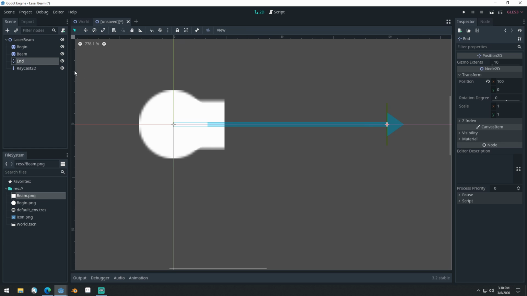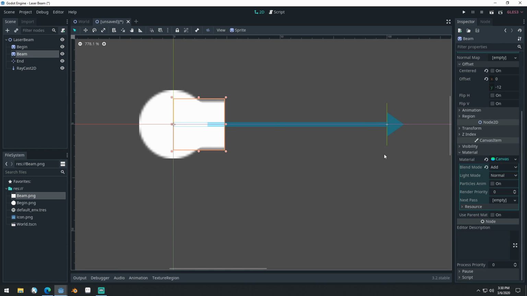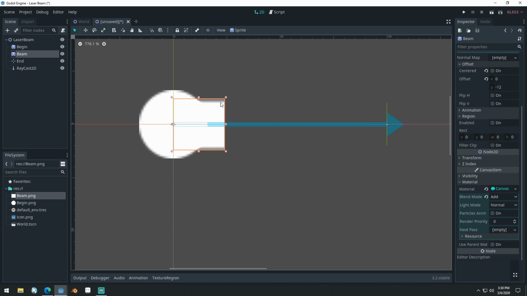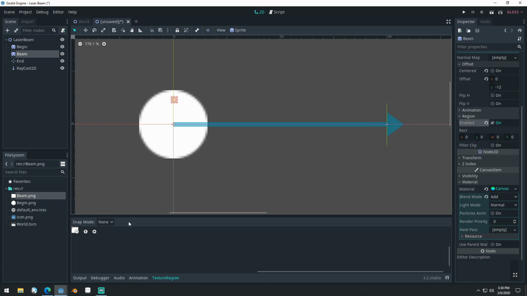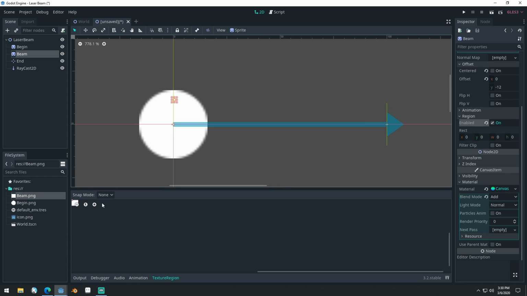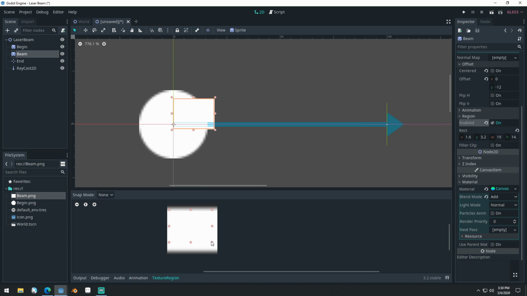Okay, there we go. We still got some problems here though, because our beam doesn't extend all the way over here. So how can we do that? Well, if we come into the region right here in our sprite, we can actually enable this, and that shrinks it down real tiny, which isn't what we want. When you enable the region here, you can actually see the texture. If we click texture region right here and zoom in, whoops, here we go. You can see the region that we currently have selected, and you can set this region up in here,